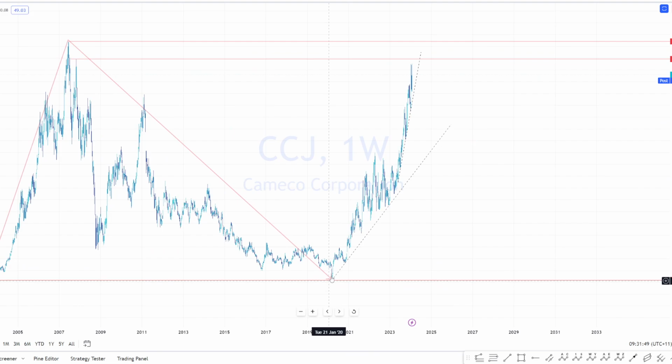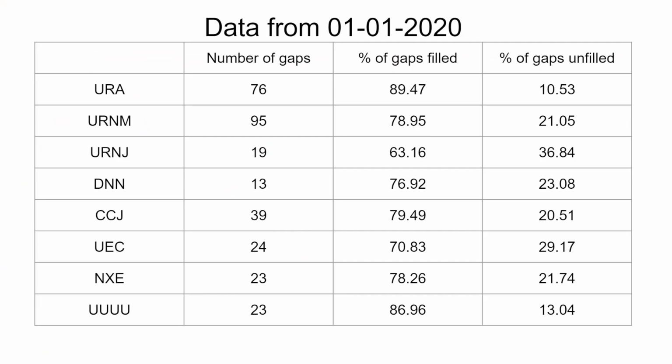I just wanted to see what was happening through here. That's what I was more interested in. And this is what I found. URA has had 76 gaps, and 90% of those are closed, and 10% of them remain unfilled. Okay, so there are open gaps in the market, but if you look at these, okay, here's another grain of